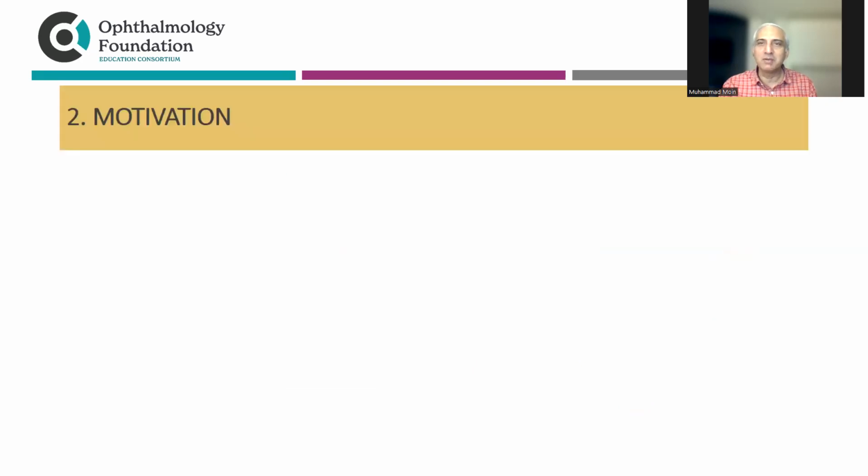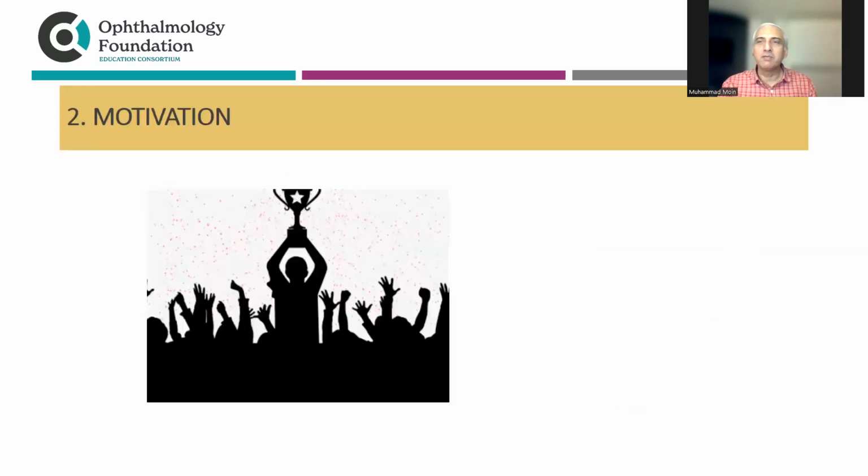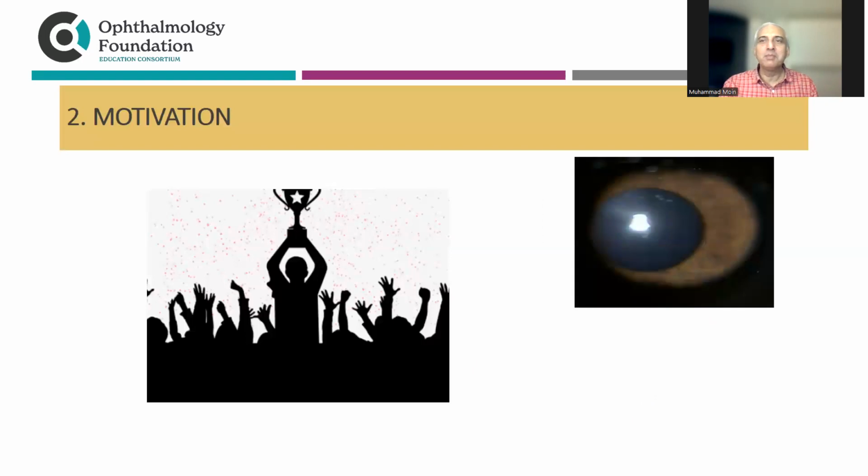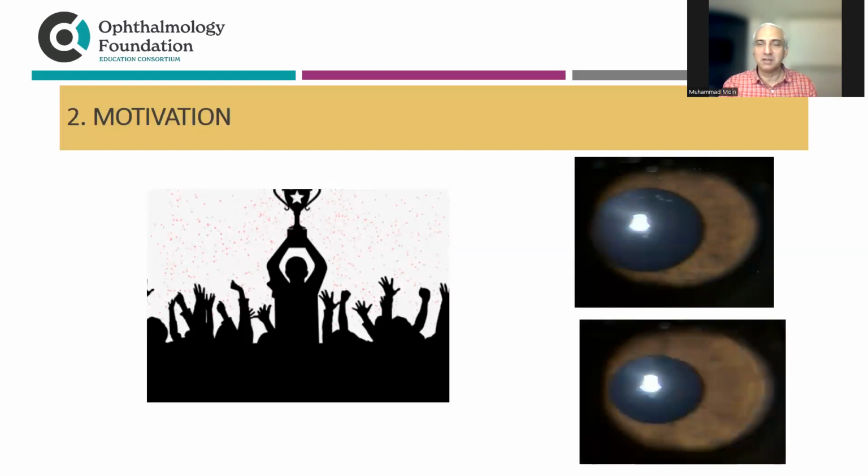The next principle is motivation. You need to motivate them because without motivation, adult learners will not actively learn. Suppose you're teaching them a pupillary light reflex, which is pretty simple and essential, but you need to tell them that you're going to learn this in medical school because at the end of your 5 years, when you become a doctor, this is very necessary when you're seeing patients in the ER to diagnose if they're alive or they're dead,